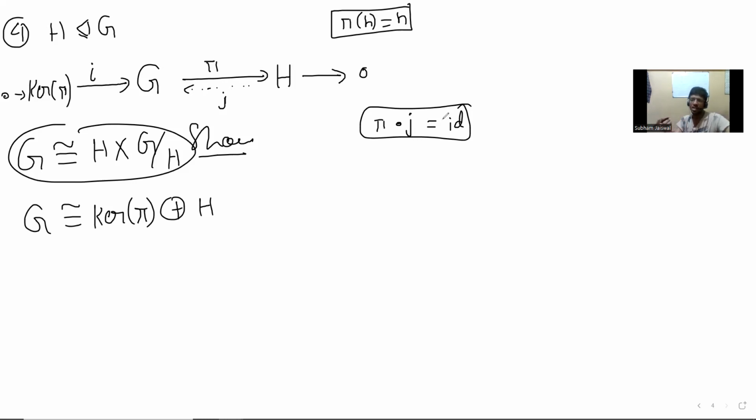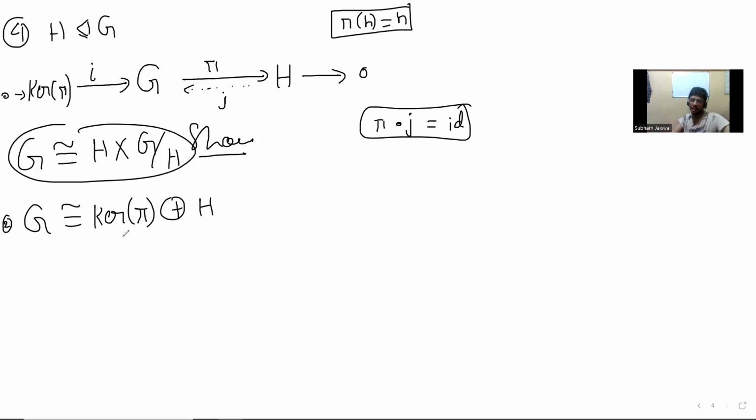You can use these things to show this isomorphism quite easily. It's a general fact that this is now an isomorphism. The second one, the first one we still have to prove. One can give a very quick proof, but rigorously speaking, I believe we have only proved the second one.